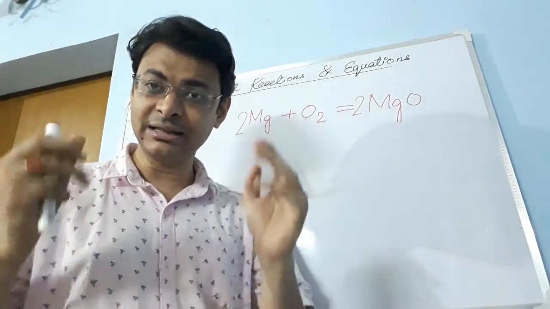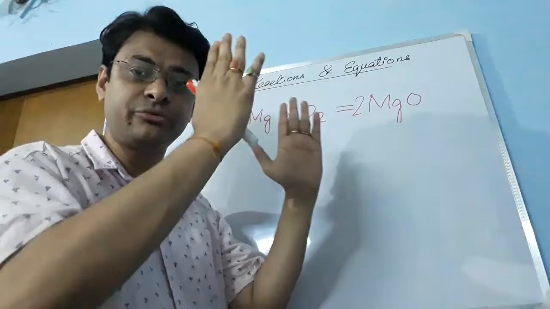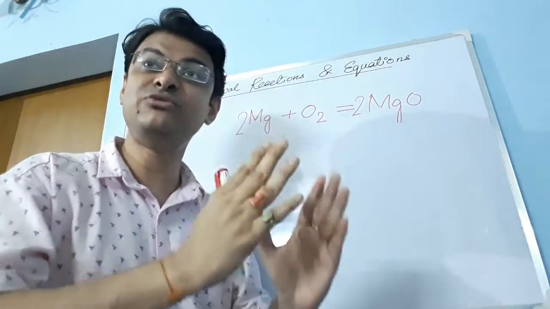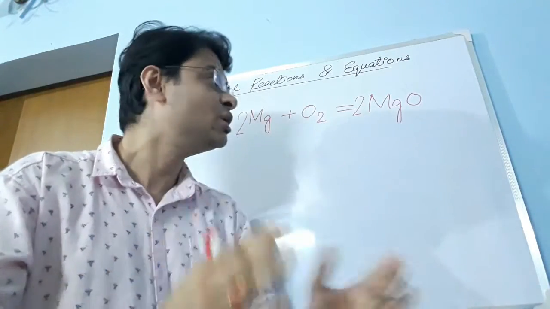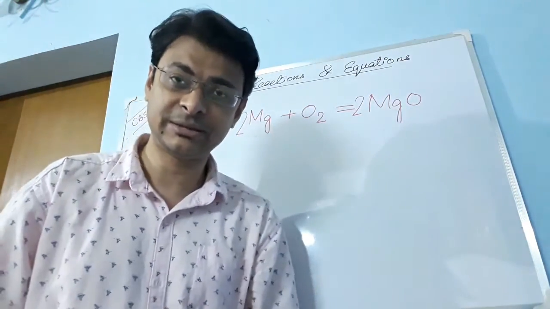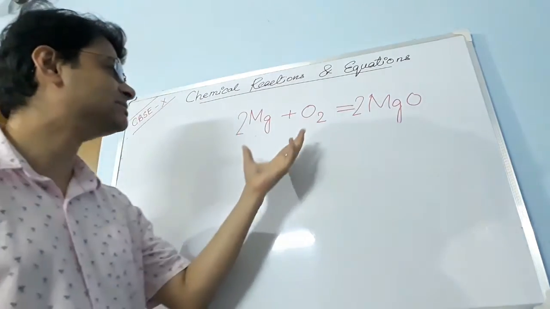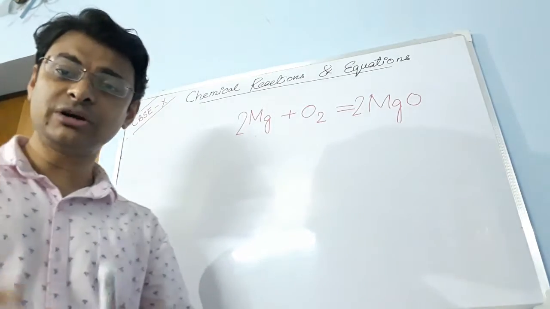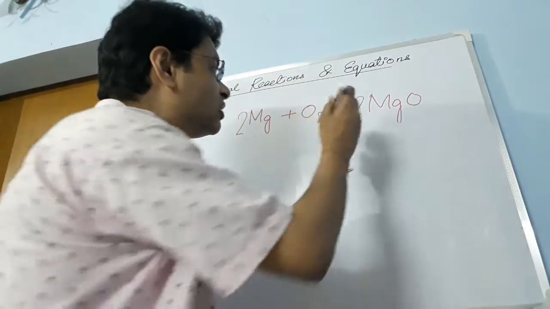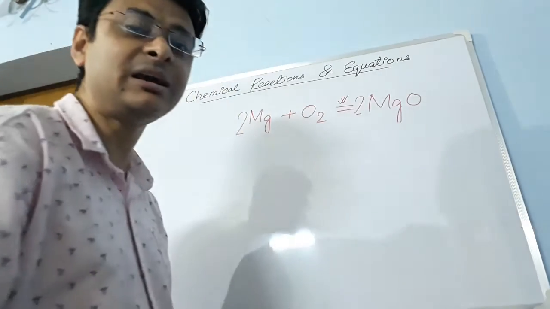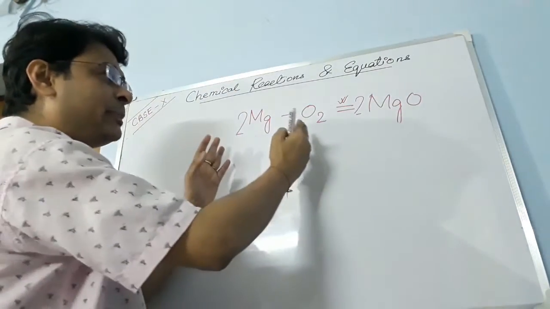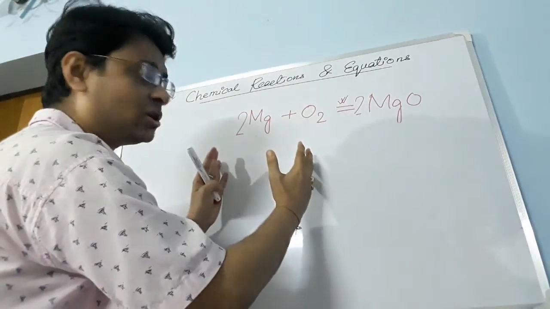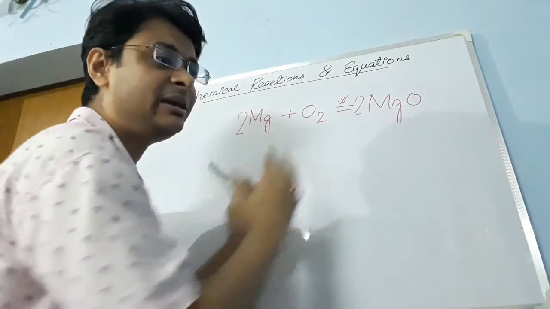Do you understand? The amount of mass before the chemical change will be exactly equal to the mass after the chemical change. So as these two will be equal, as per the law of conservation of mass, we write an equal to sign to represent a chemical reaction. Maybe the reactants and the products are different, but the masses or the atoms of the same will be entirely similar.